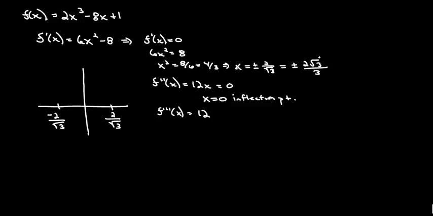Now to check these guys up here, we just verify that this guy is not 0 at either of these two, and that's true, it's not. So we know that we have mins and maxes. Now the question is, which one do we have? Well, when we use the negative version of this and we plug it into the second derivative, we come up with a negative value, which means that we must be at a maximum